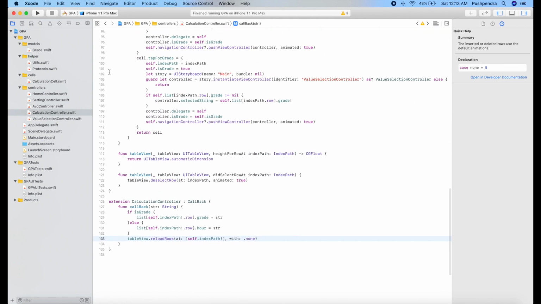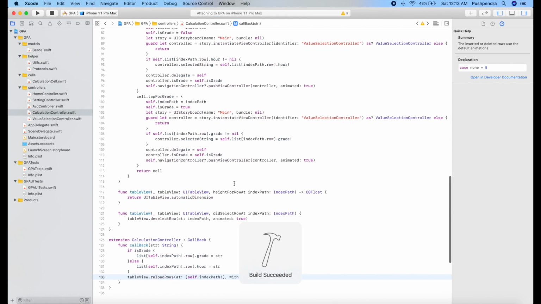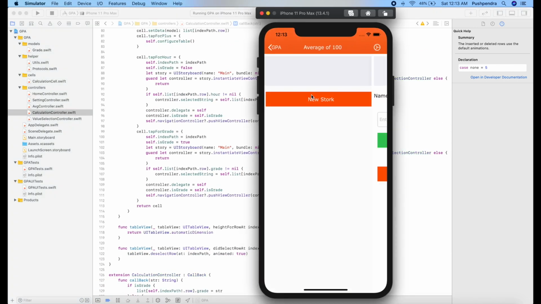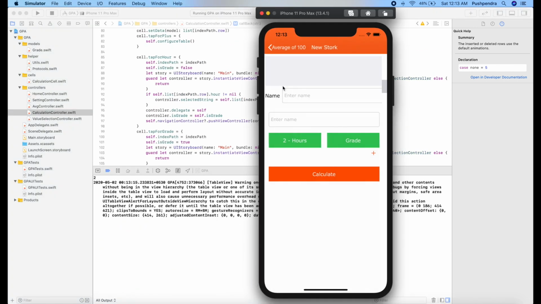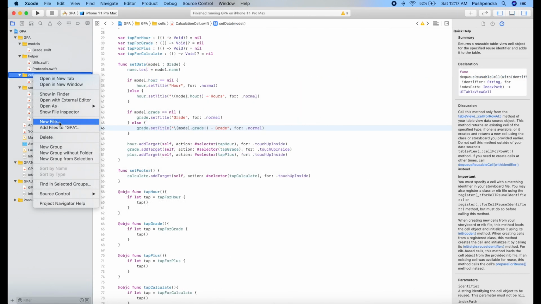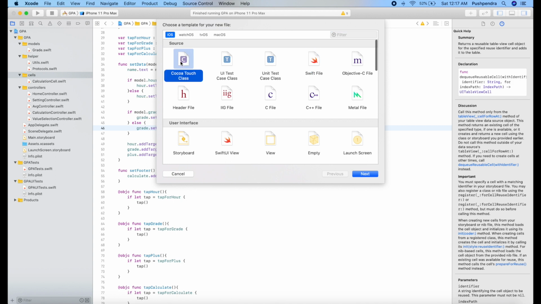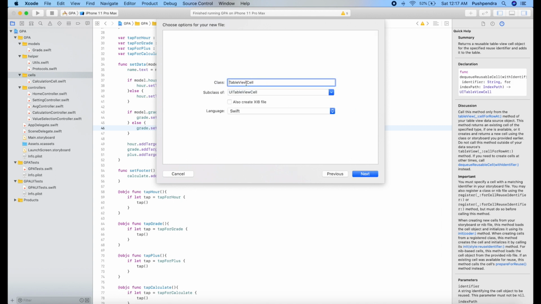Actually that was for reloading the table. Oh, still it's coming. New file. I'll create a separate cell view. It may be the issue that we are taking UI table cell view.